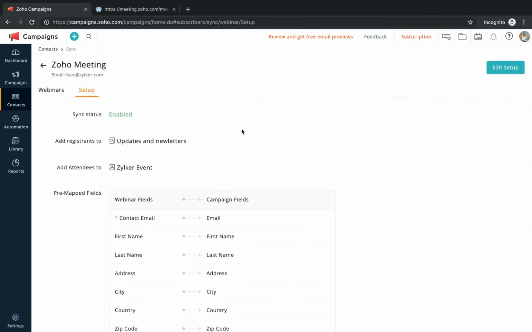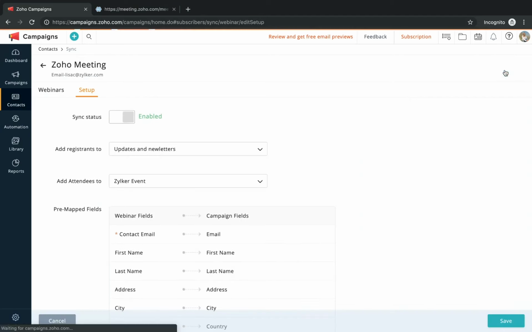You can decide to which mailing list the registrants should be added, so that when you send future email campaigns, you can assign these registrants to any of your mailing lists, and the job becomes easier for you. So you can decide that, and you can edit the setup.